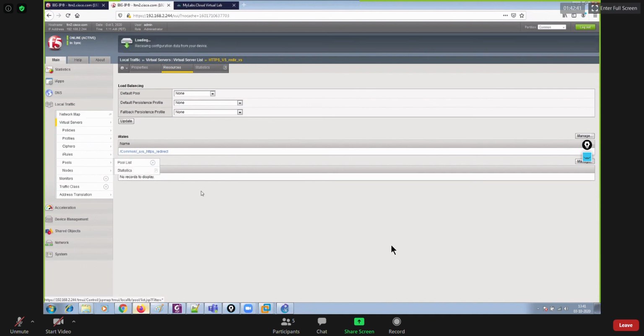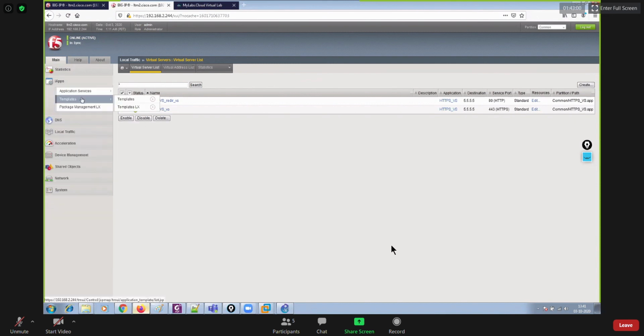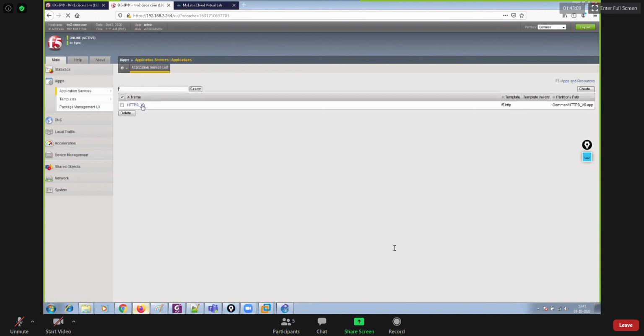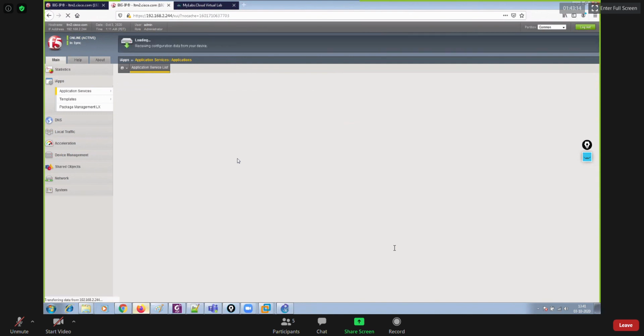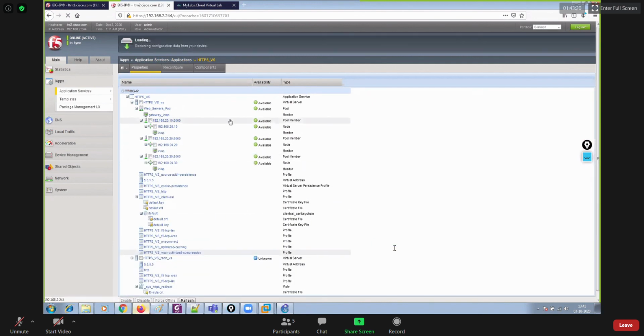So it's quite easy to deploy your applications using IAP, right, guys? But the problem is that in case you want to make some changes within the virtual server, you cannot do that from here, right? If you want to make some changes, you need to go back to your IAP, go to your application services, and there you would see the one application you already deployed, right? So click over here, and then you can modify if needed, but you have to make the modification from the IAP itself. So you go to properties, not components.